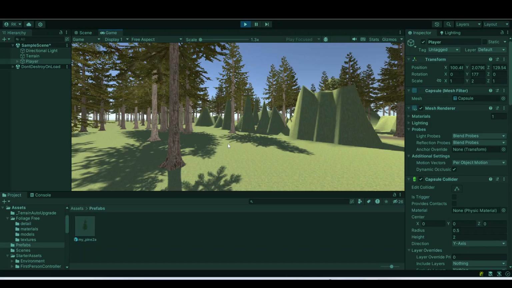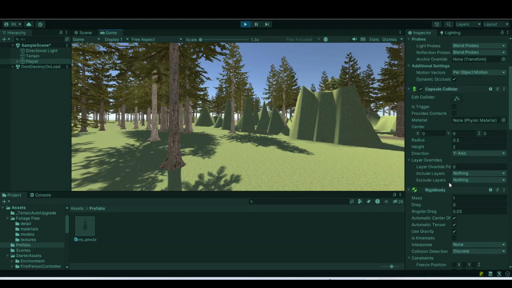The reason is the code checks, the jump happens only if the player is grounded. That means the player is on the ground. And in our case, the ground is the terrain. And if you see properties of first-person controller,